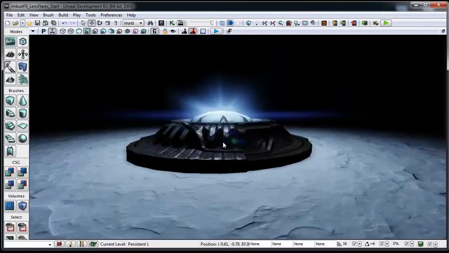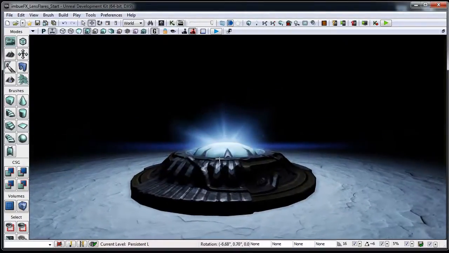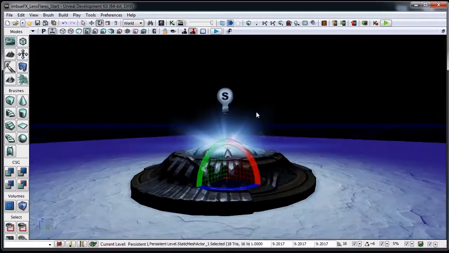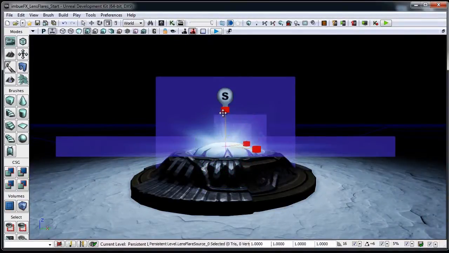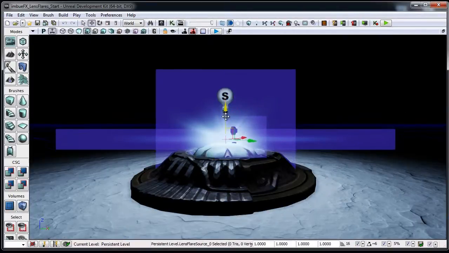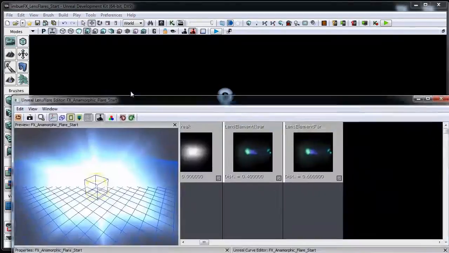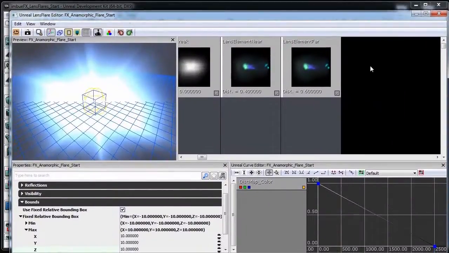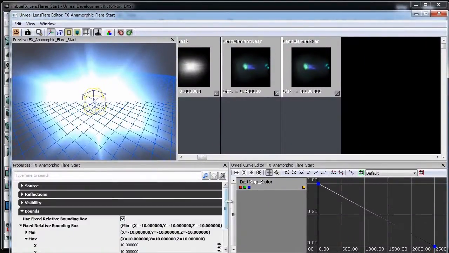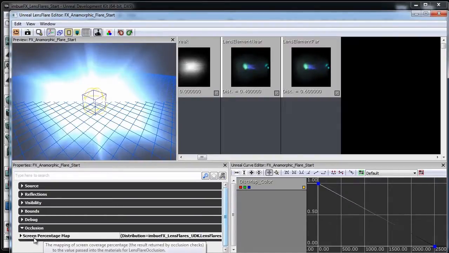So it's working almost. I want to tweak one more thing. One thing you might notice is that the lens flare is looking very, very dim. Now, one way to fix this is if we move this up, if we go out of game mode and select the lens flare, it should brighten up a little bit, as we see there. But I want this to be hugged, right up against it. So what we can do is inside of the lens flare system itself, going back to the master property, so we right-click and do select lens flare, we have this bottom option here called Occlusion, and it gives us this